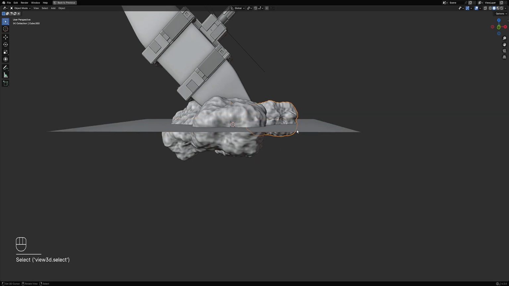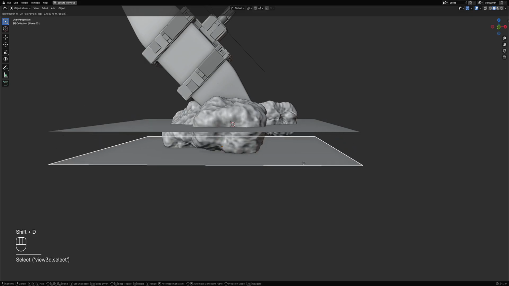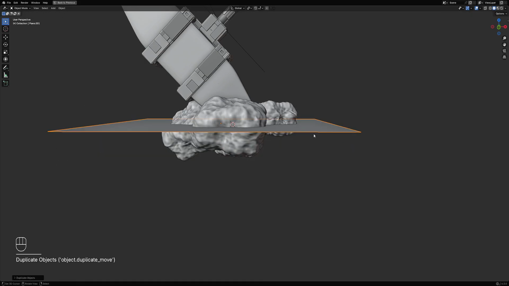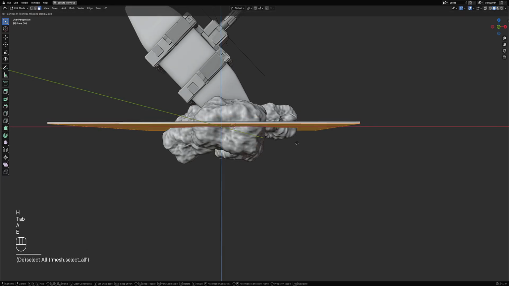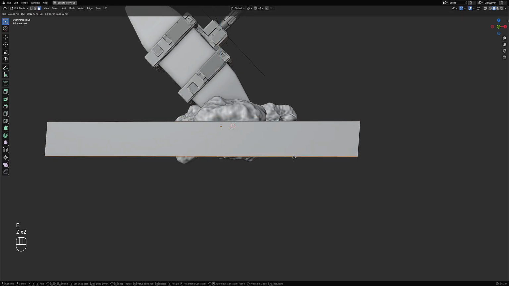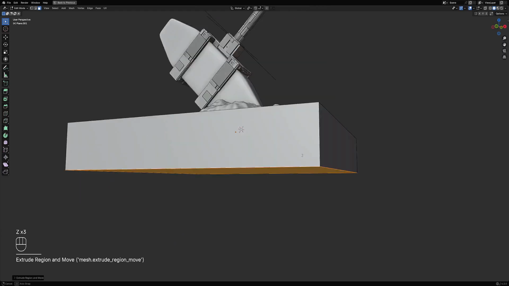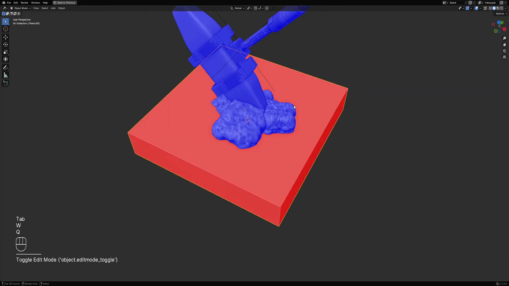So copying this and then hiding the original, and then including this part here, checking the orientation,